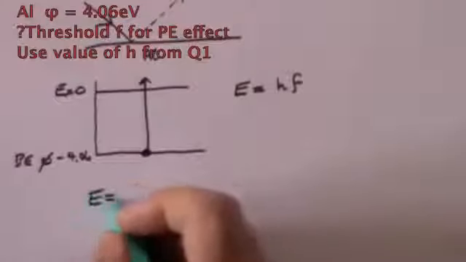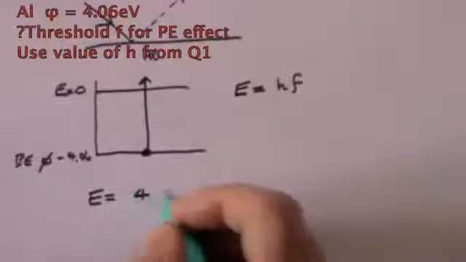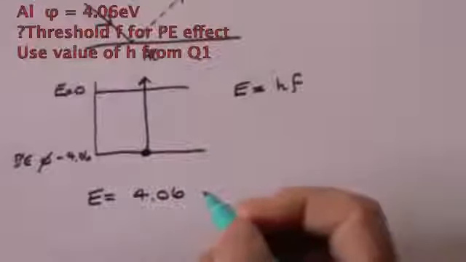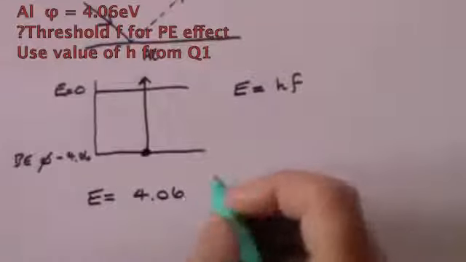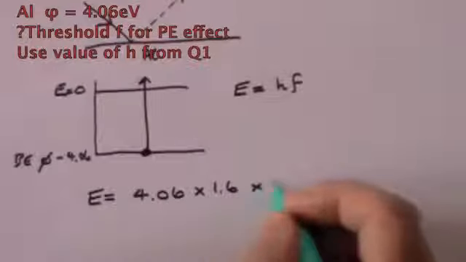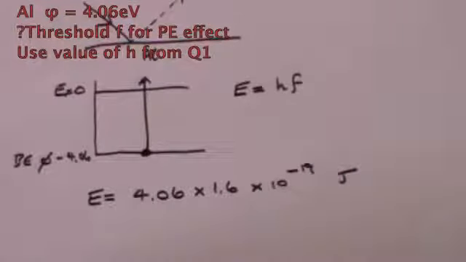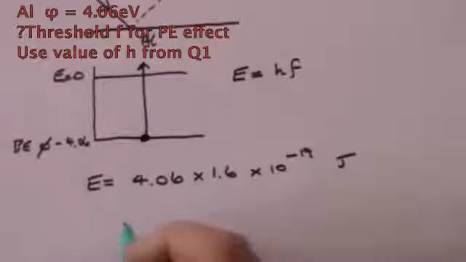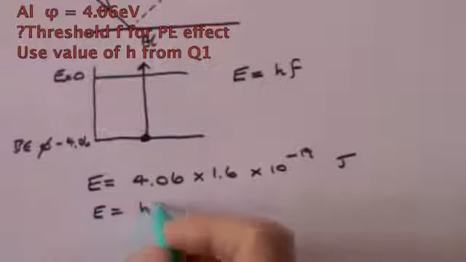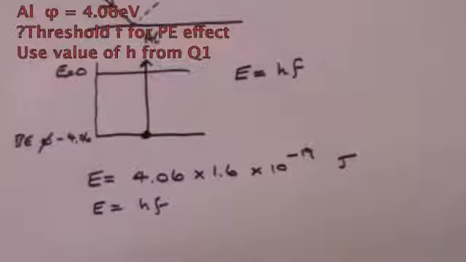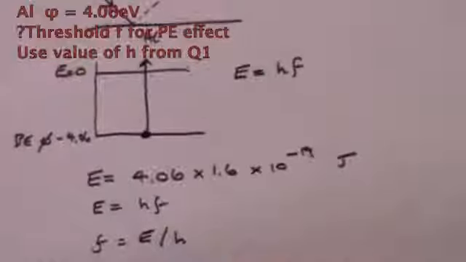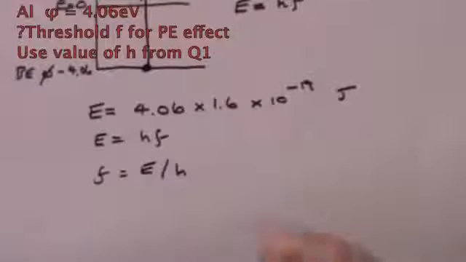So we've got E equals 4.06. Now remember, that's electron volts. We need it in joules for SI units, so we have to multiply by 1.6 times 10 to the minus 19, and now we've got a value in joules. E is equal to hf, so consequently f is equal to E divided by h, and that means